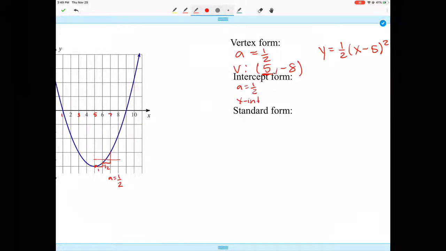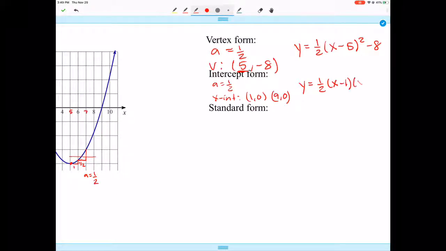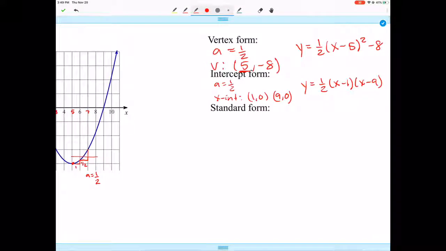X-intercepts are 1, 0 and 9, 0. Intercept form, y equals 1/2, x minus 1, and x minus 9. And then standard form,